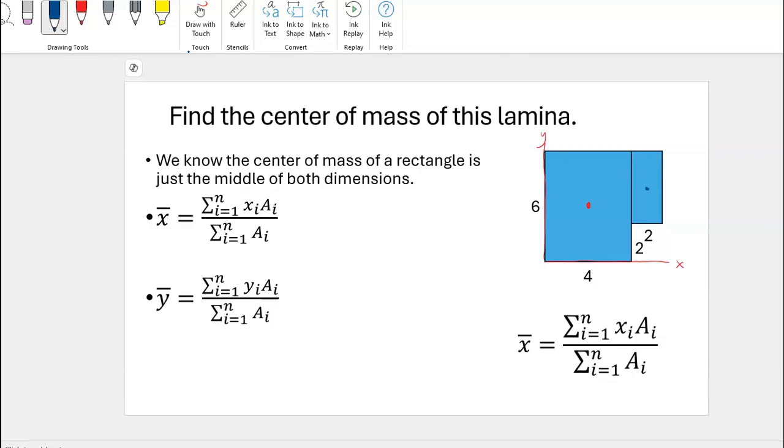Now we do have formulas for both of these. This x bar, x with that line on top of it, how do we find the center of mass in the x direction? There's the sigma, so we're going to end up adding stuff up. So what are we really going to add? We're going to find the sum of the x coordinates. However many of these rectangles we have, we're going to add up whatever the x coordinates are times the corresponding area